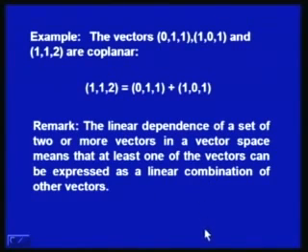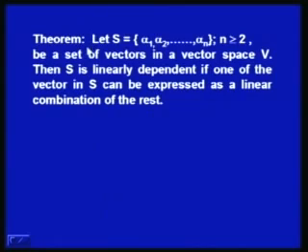Another remark is that the linear dependence of a set of two or more vectors in a vector space means that at least one of the vectors can be expressed as a linear combination of the other vectors. Now this we write in the form of a theorem. Let S consisting of n vectors, n greater than or equal to 2, be a set of vectors in a vector space V, then S is linearly dependent if and only if one of the vectors in S can be expressed as a linear combination of the rest of the vectors. Now to prove this,